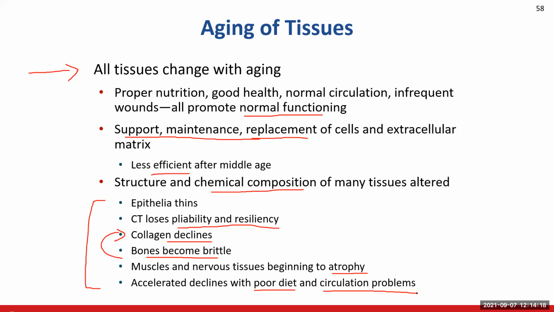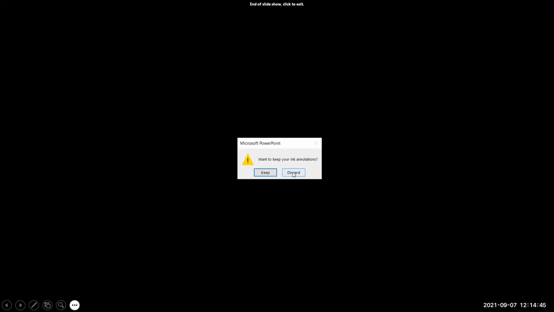So we're going to see this, and I'll draw some correlations back to this slide here. And I'll say, remember when I told you about that aging tissue slide in chapter 5? You can see why the bones become brittle, and why this is occurring in this tissue. So just go over this, make sure that you have a pretty decent understanding of it, and we go from there. Okay, so that concludes